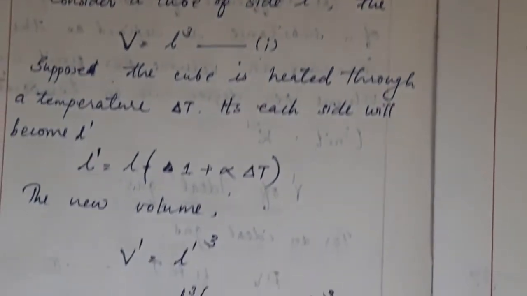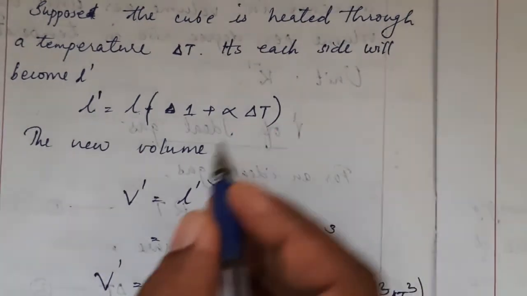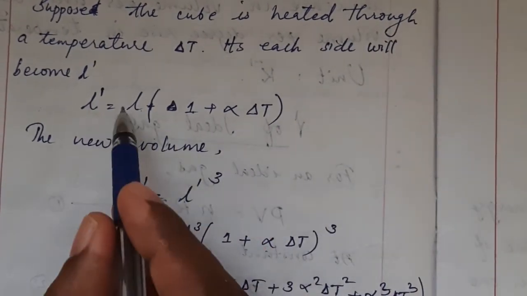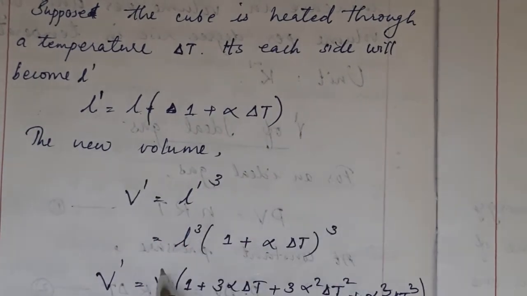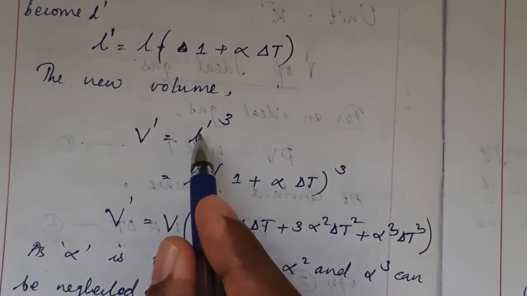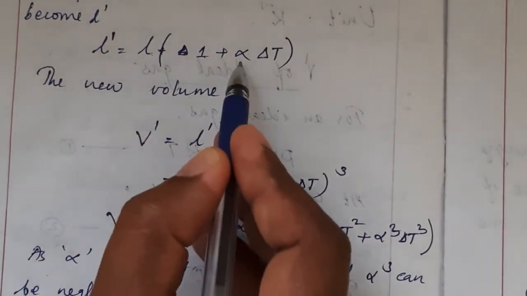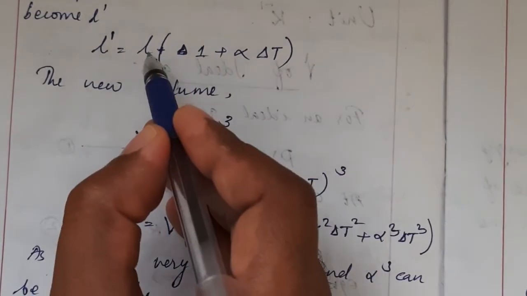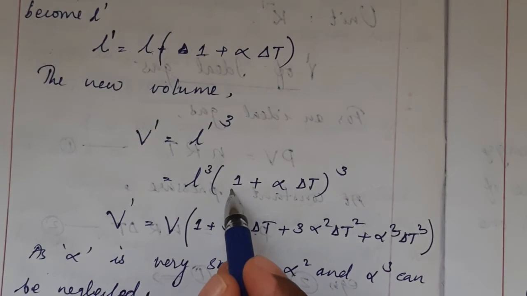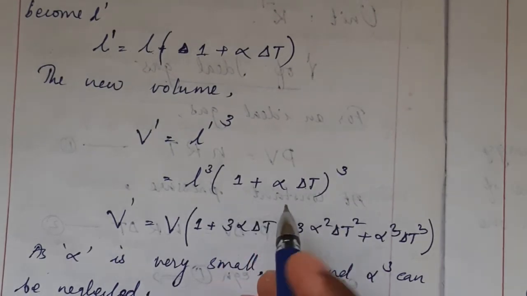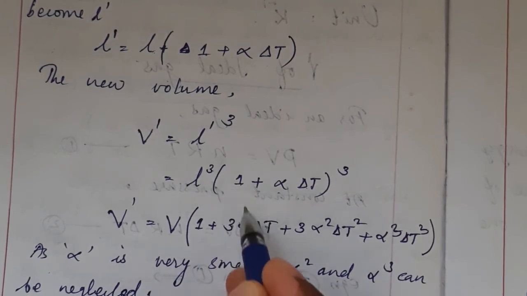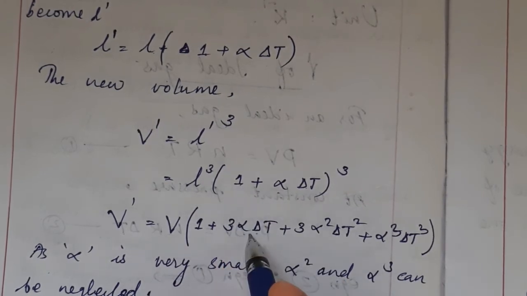So the new volume will be V dash. That new volume will be the new length, its cube. New length is written here, so its cube is what? The new volume. So expanding this, we can take L cube. L dash is L into 1 plus alpha delta T. Substituting this, L will have a cube, that is L cube, and this term also a cube here. This is the a plus b whole cube format. So a cube plus 3ab, 3 into 1 into alpha delta T, plus